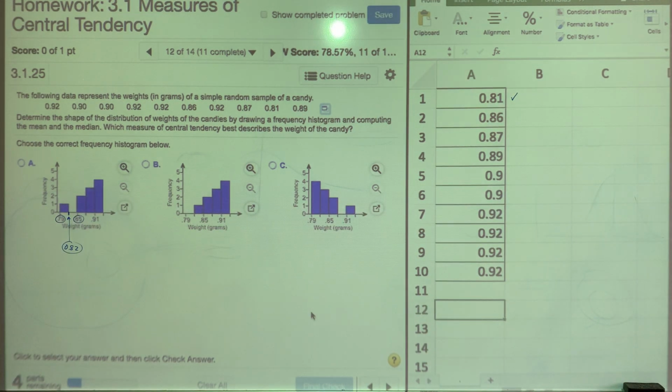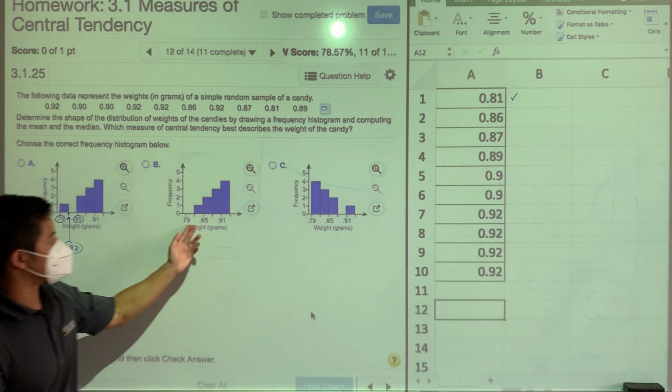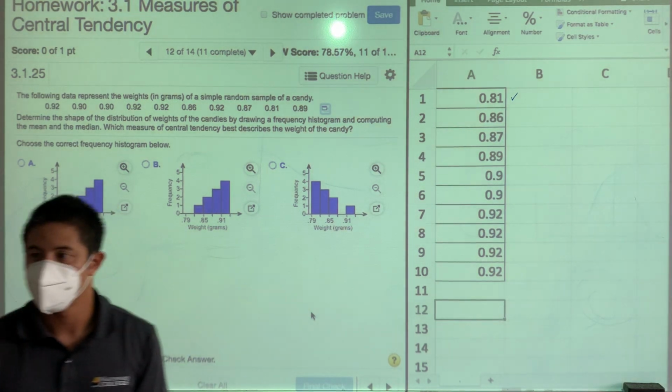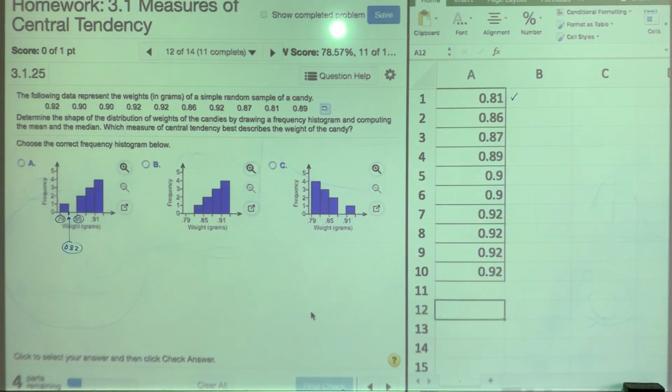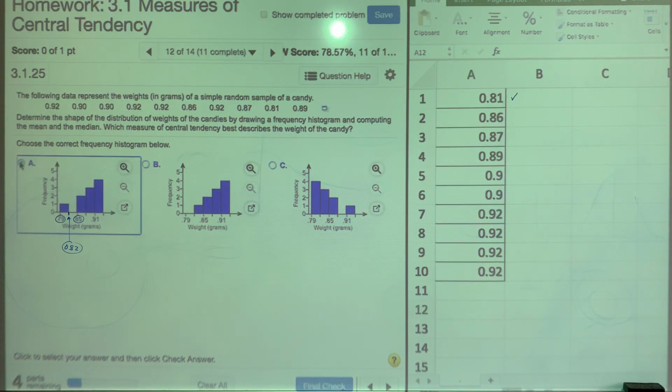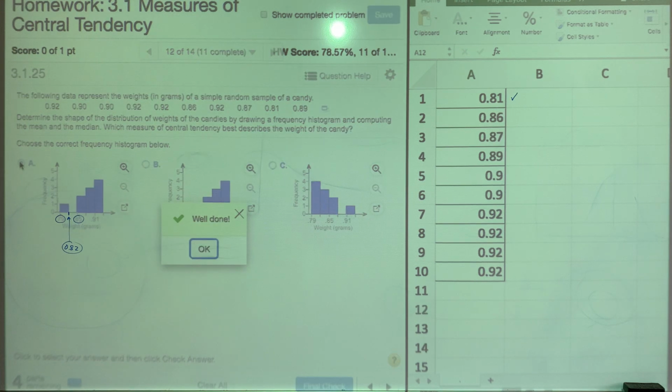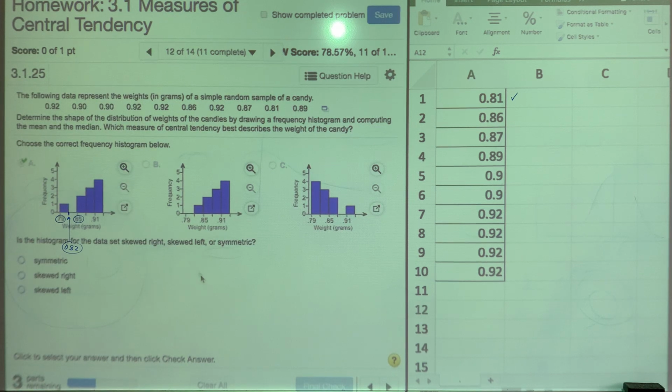Well, just from process of elimination, that means neither of these should be good, right? So you're going to need to figure out yours. Yours probably is different than mine, but based on what my data set shows, it looks like that's correct. Okay? Did you guys get yours correct? Got it? Okay. All right. Let me know if I need to slow down. You just let me know. All right. Next.